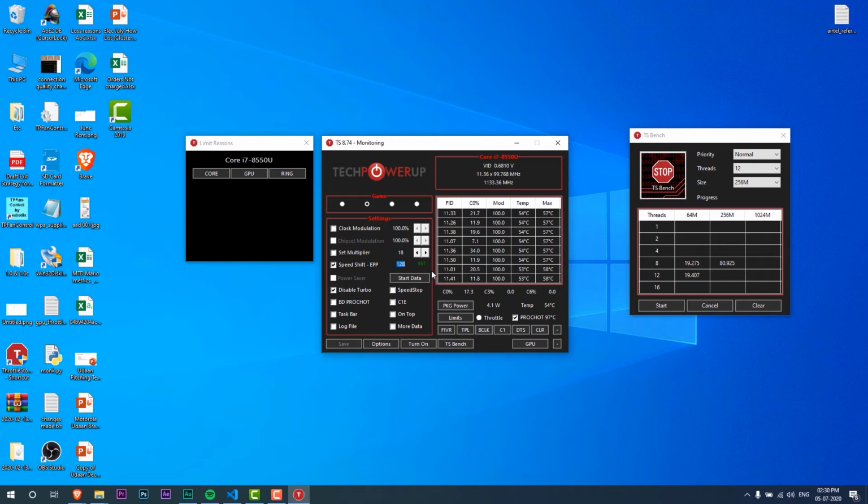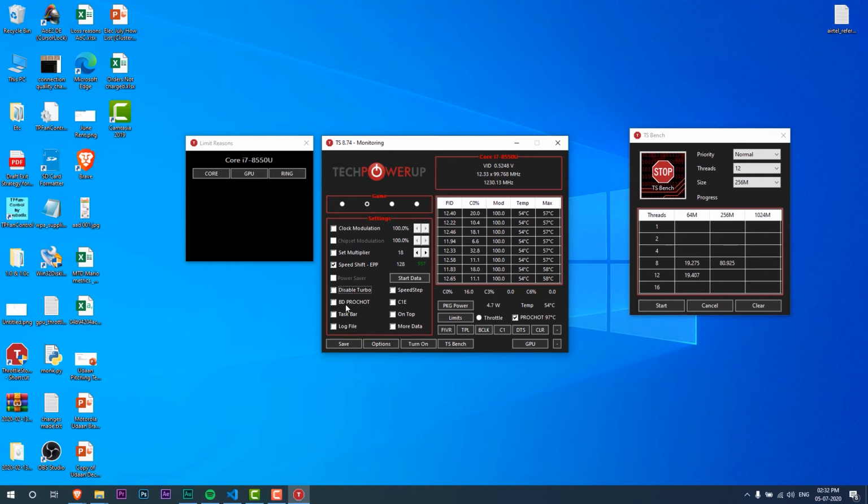It ensures that my CPU stays at a clock speed of around 2.7 to 2.8 GHz, which is the right balance between the heat being generated and the clock speed I need. So you'll have to figure out the right balance for your CPU by playing around with this number. And make sure you uncheck the disable turbo button to ensure that your processor works beyond the base clocks that have been set by your manufacturer or Intel.